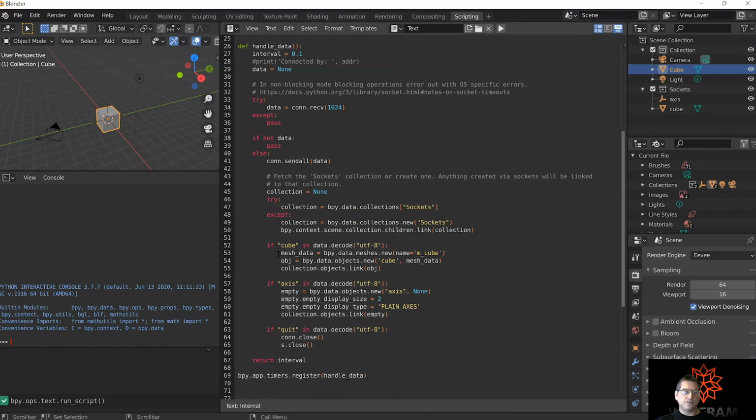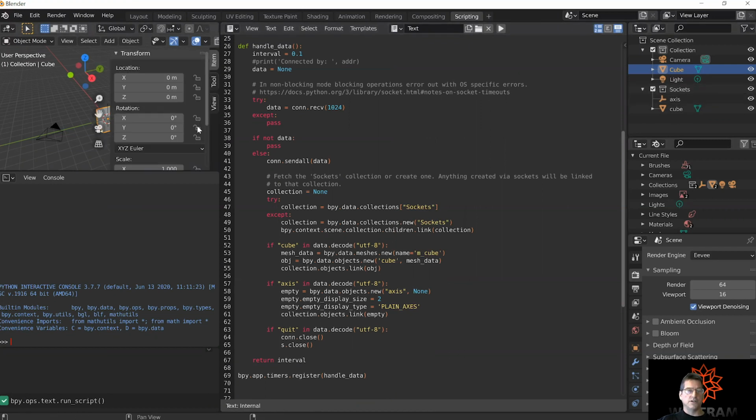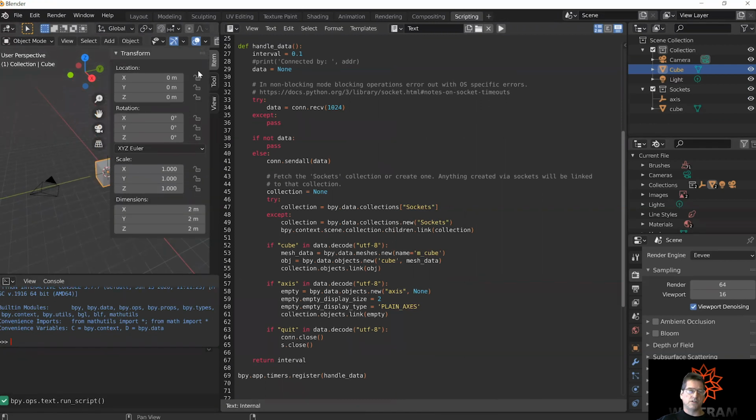And notice this can be anything. This exposes the entirety of the Blender API. So this is a simple contrived example, but it could be anything. One other thing I do want to show is another simple example, but kind of to the point of extending